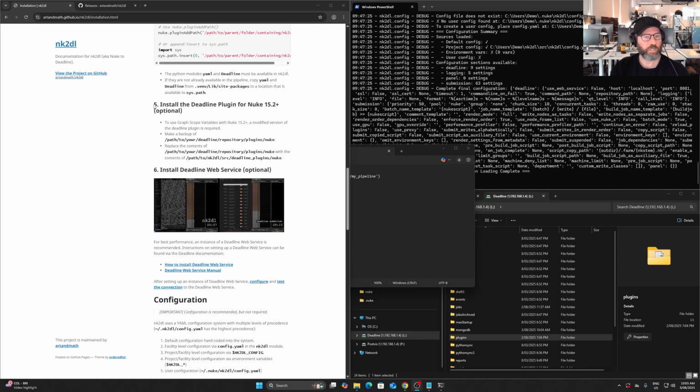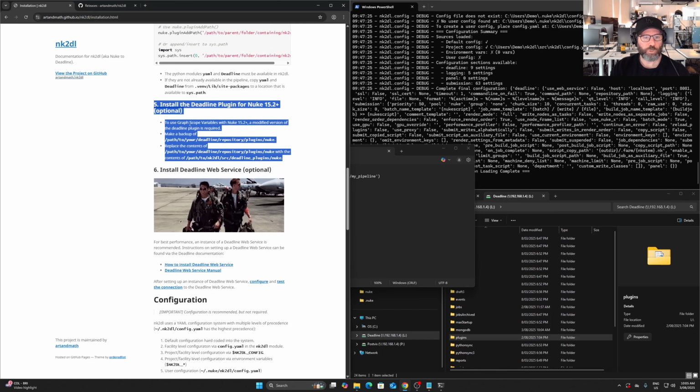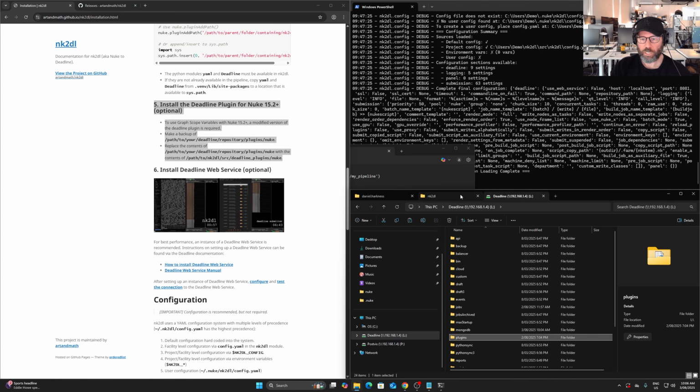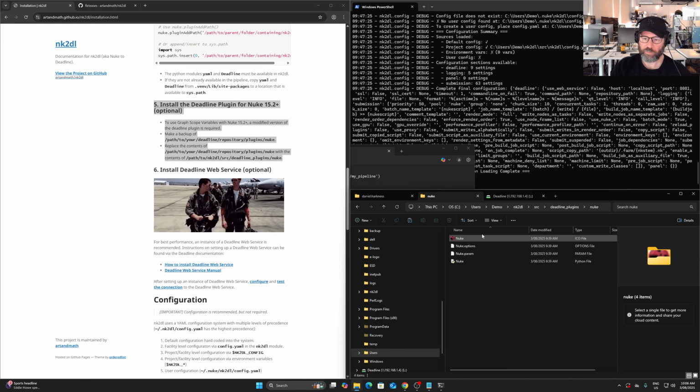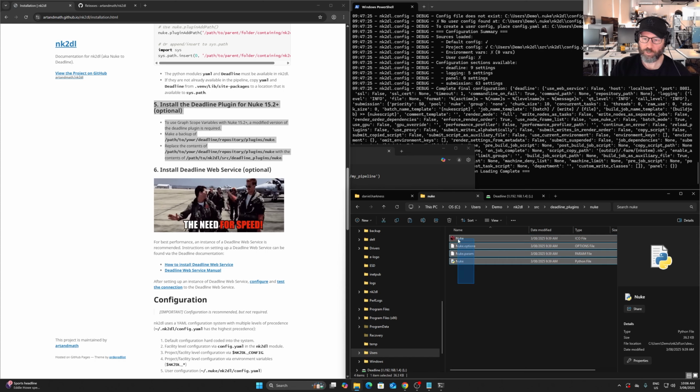The next step is an optional step. You only have to do it if you want to use graph scope variables with Nuke 15.2 or later. What I've done is written a slightly modified version of the backend plugin that comes with Deadline. So in your source directory from the downloaded Nuke to Deadline, there's a folder called Deadline Plugins. Inside of that, a folder with Nuke. If you copy these files here